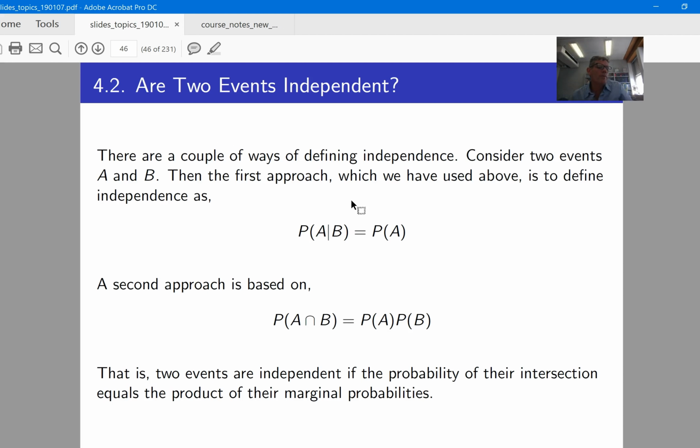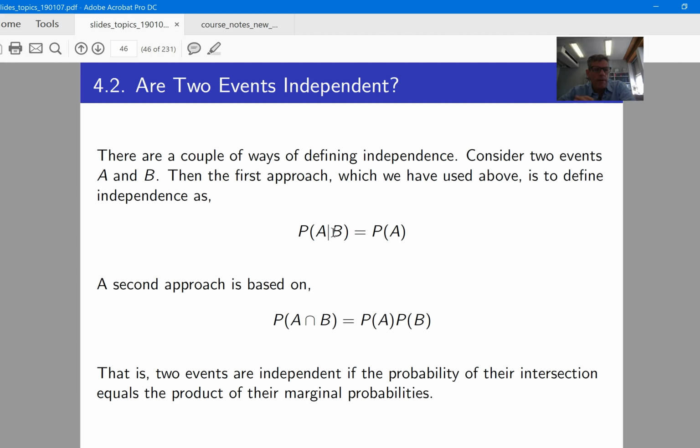That's the intuitive way of thinking about independence, and it makes sense. If it doesn't depend upon the value of B, then they're independent of each other. If the probability doesn't depend on the colour of your eyes, then they're independent. Now, that particular approach to independence is by far the easiest way to understand intuitively,